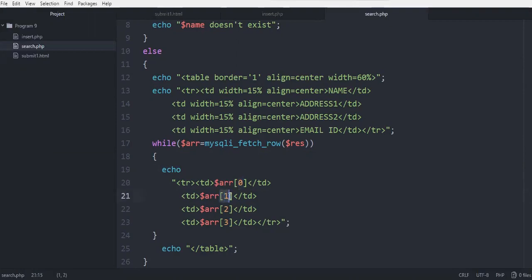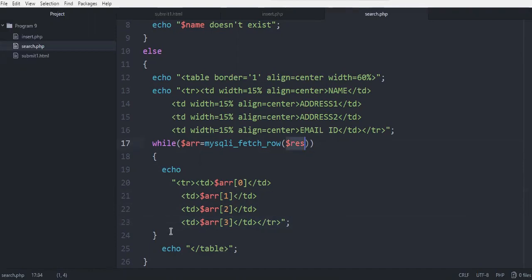Array of 1, the address 1 value is fetched. Array of 2, address 2 is fetched. And array of 3, that is email, is fetched and displayed, and you close the row. So based on the values that you store in result, that many rows are going to be generated.